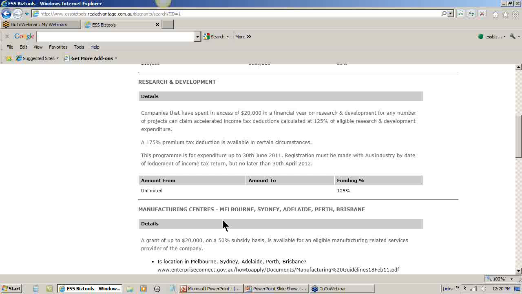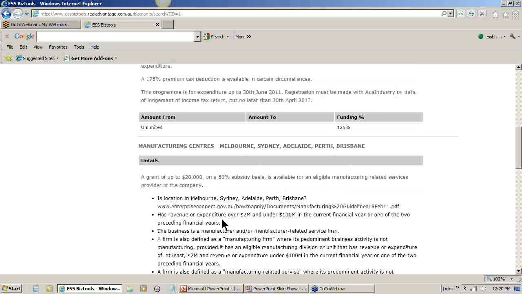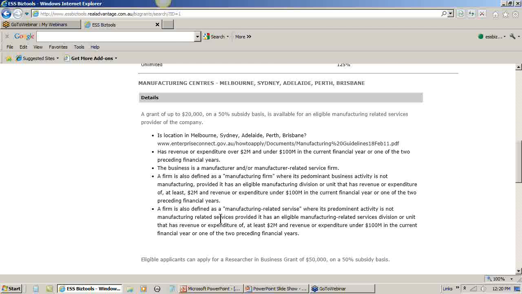The research and development is based on expenditure in excess of $20,000 on research and development up to the 30th of June 2011. And because they are in manufacturing, they could seek a grant of up to $20,000 on a 50% basis, so in other words $40,000 worth of work, under the Enterprise Connect manufacturing centres. That program requires revenue of at least $2 million, but under $100 million, and